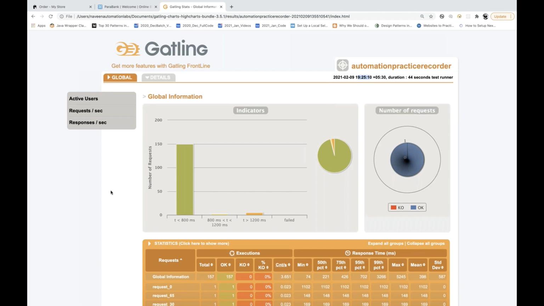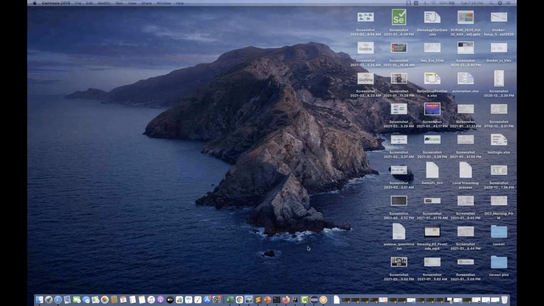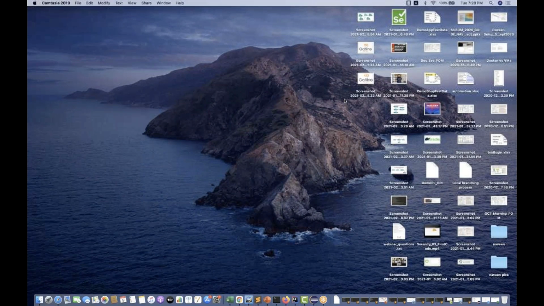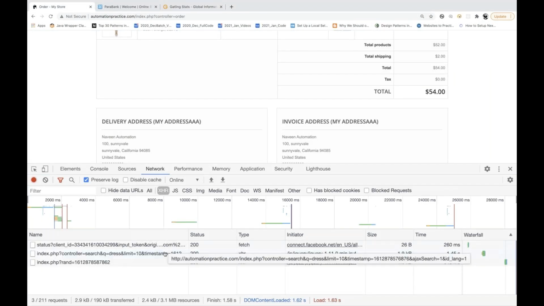Okay, so this is a very basic scenario, guys, that we have done: how to record from the Gatling recorder. First of all, you have to generate one HAR file. That is a really good option which is available, and then upload that HAR file into the Gatling recorder. Let me just go back to the Gatling recorder. Gatling recorder is not actually recording directly from the web. From the network tab in the dev tools, we have taken the HAR file, and from there we are converting the HAR file to Scala with the help of the Gatling recorder. This is the option you will get in the Gatling recorder through HAR.